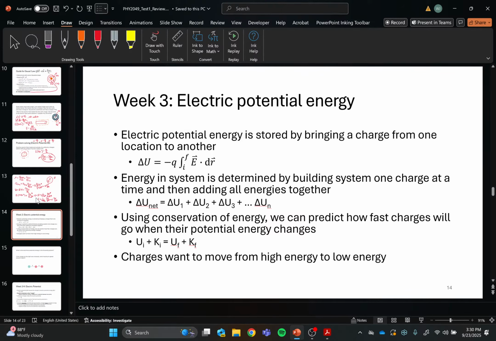Conservation of energy. Remember, your change in potential energy is going to equal your change in kinetic energy. Things will move from high to low. So,